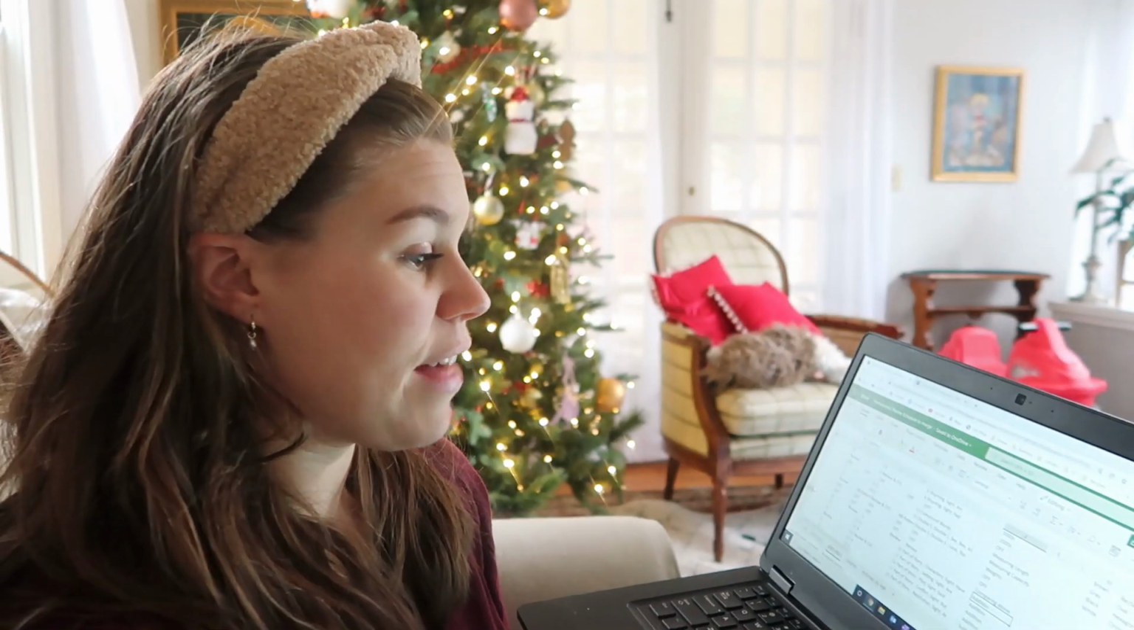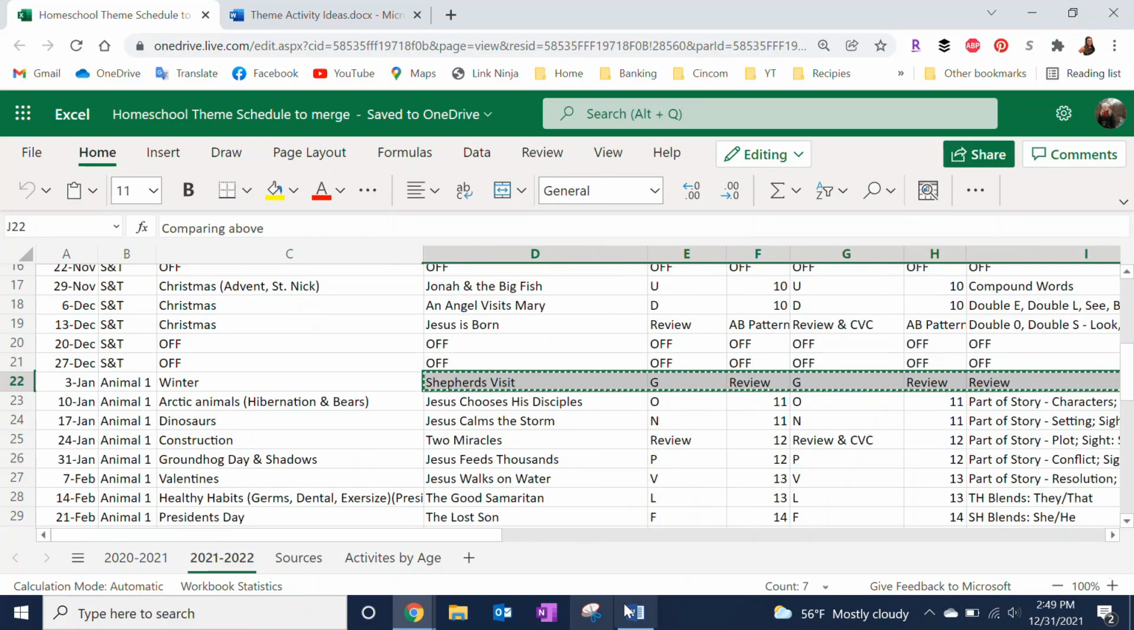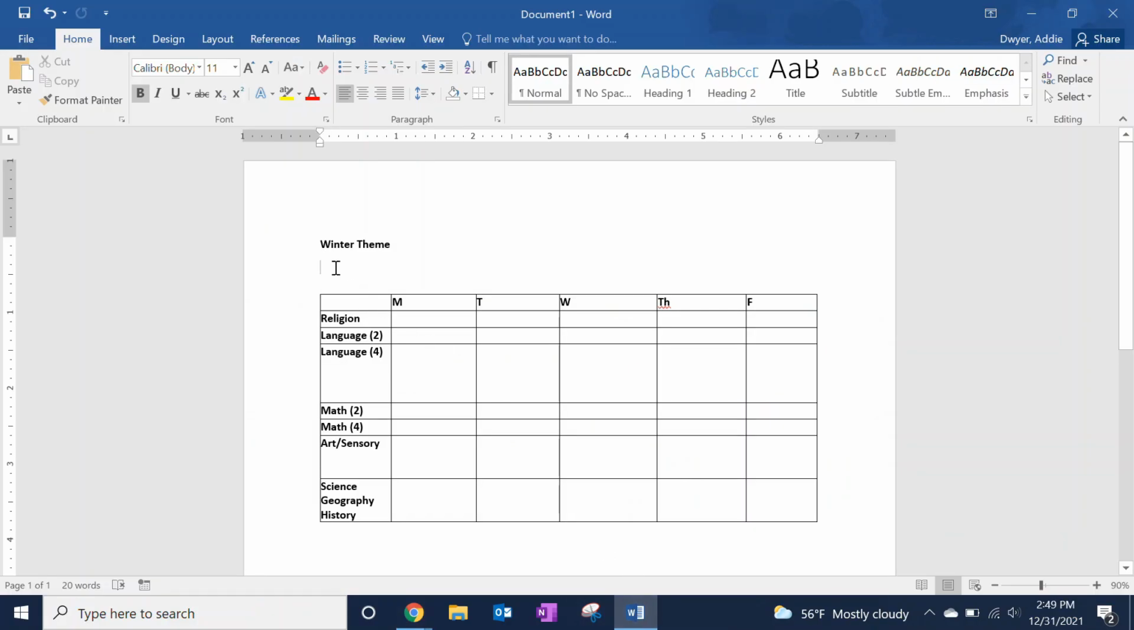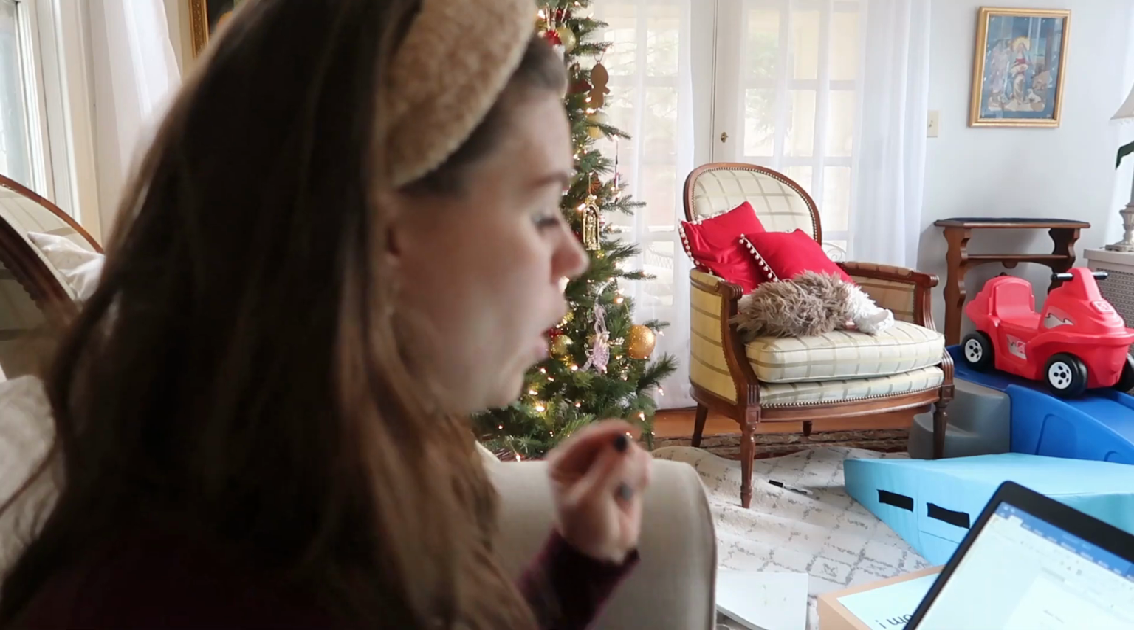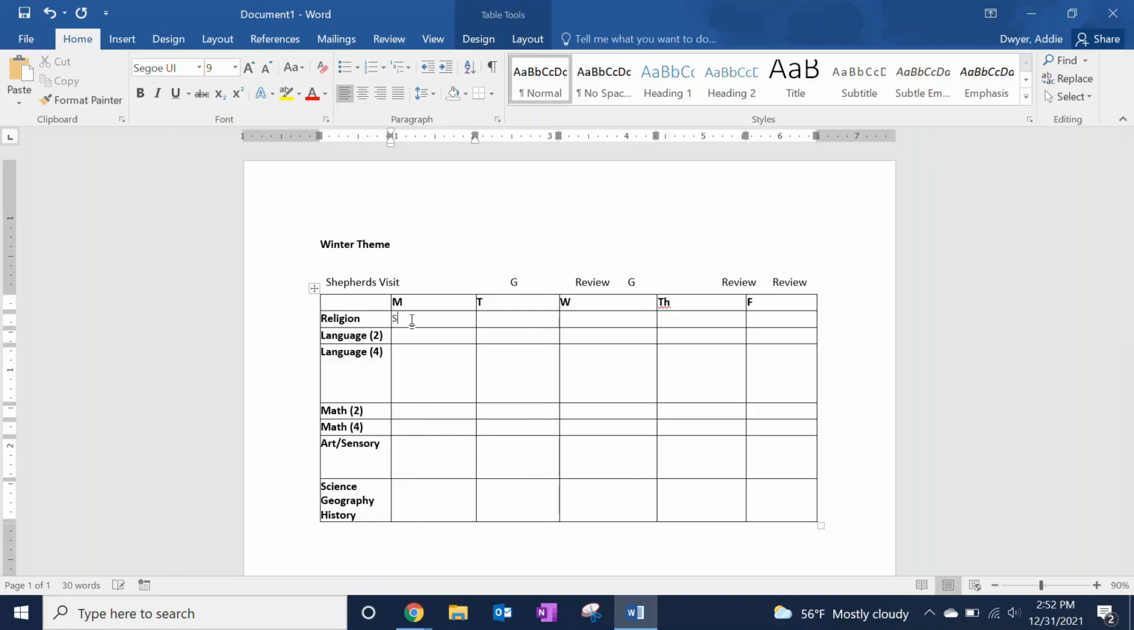So I will take that, I will go ahead and copy that right onto my chart. Once I know what I'm looking for, I can then start preparing. So the first thing I always do is religion. I know I want to do the 3 Kings. So first day we'll read the story. Then I always go to